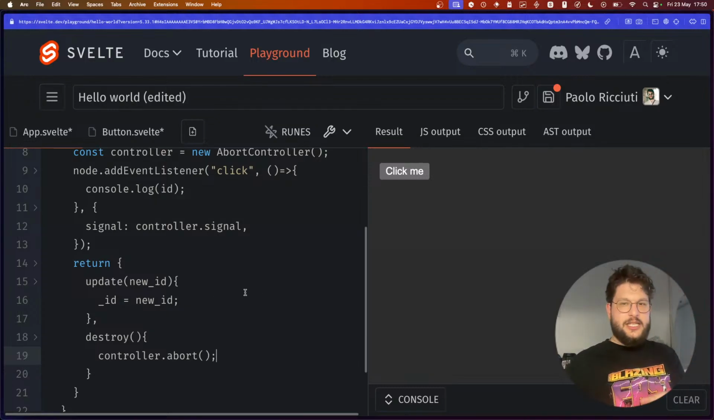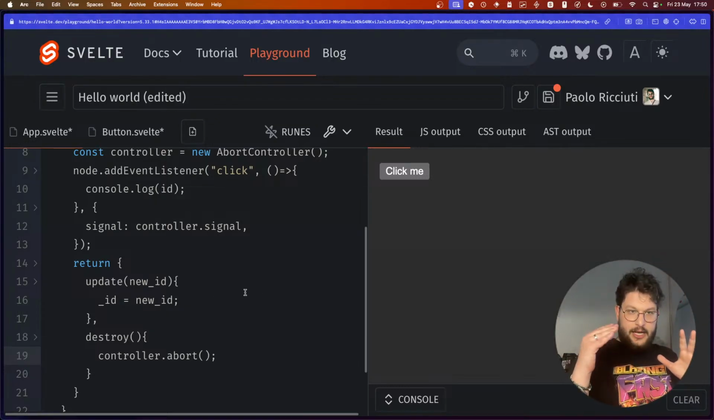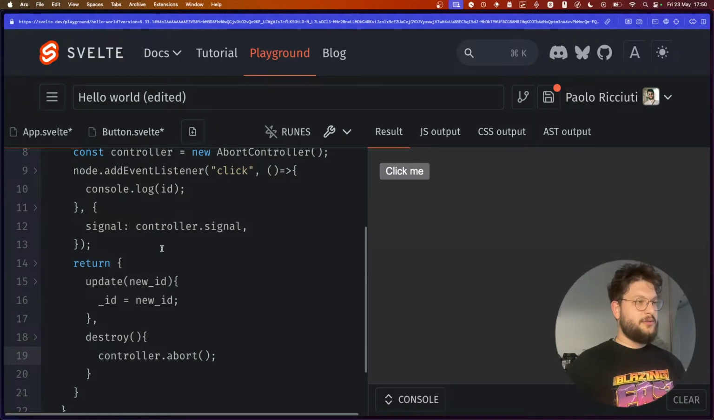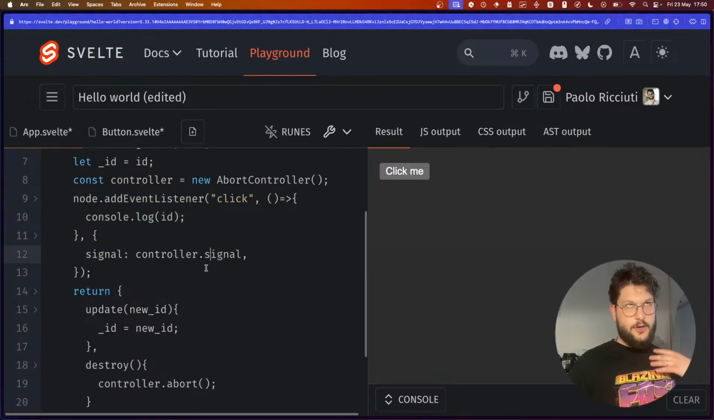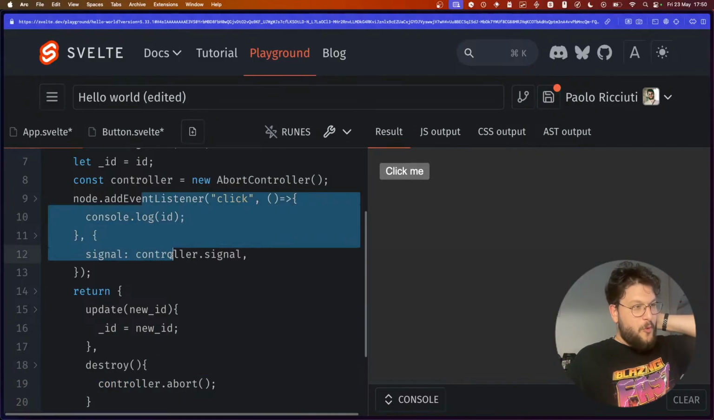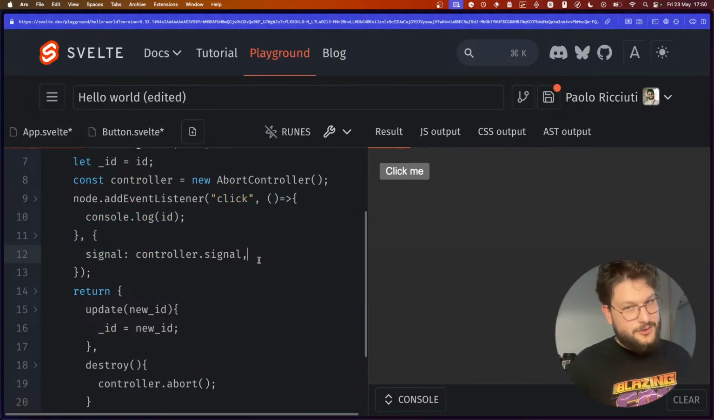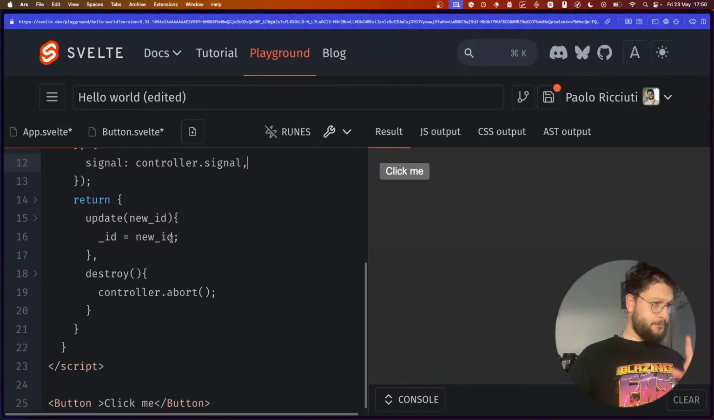And this is especially nice if you need to add multiple event listeners. Like let's say that you add this, and then you add a hover, and then you add something else, and then you add something else. You can just use one instruction to remove all the listeners, so they are all tied to the same signal. Pretty slick, but